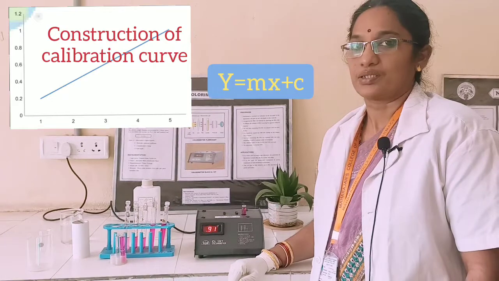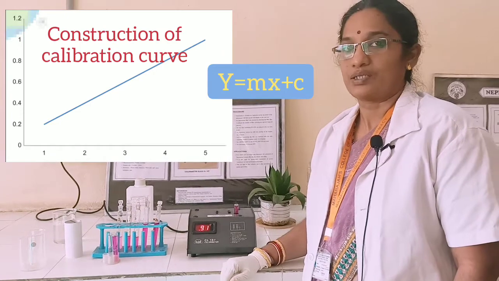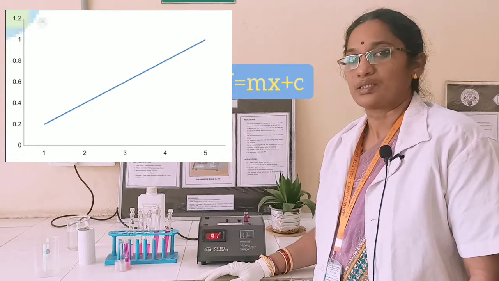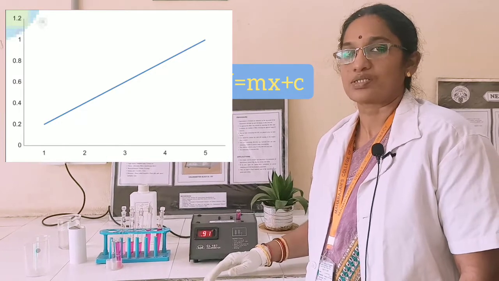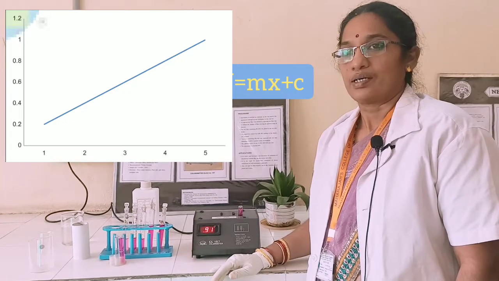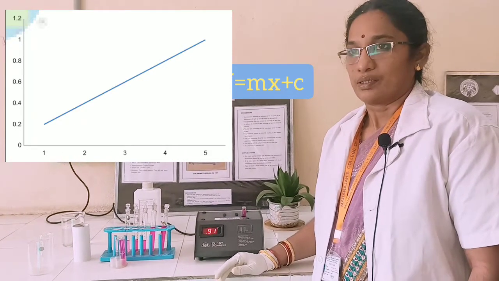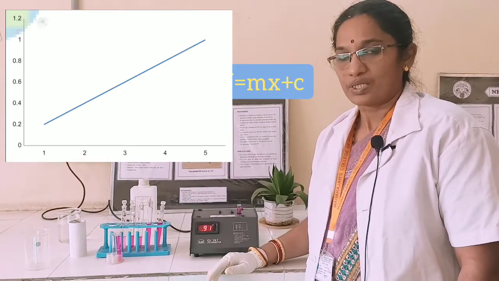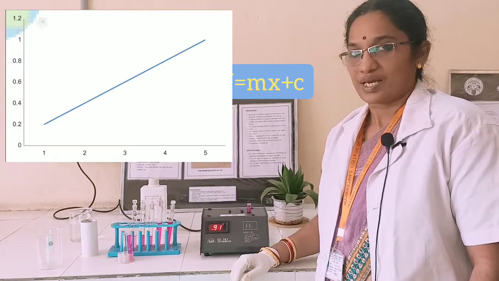And in this calibration curve, we can observe that as the concentration increases, the absorbance value also increases proportionately. This means our procedure and the drug is obeying Beer's law. Beer's law states that as the concentration of the sample increases, absorbance also increases proportionately. So when we get a linear curve or the regression equation y equal to mx plus c with the readings that we have measured, we can conclude that our drug is following Beer's law. That means we have established a relationship between the instrument and the drug sample that we have taken.